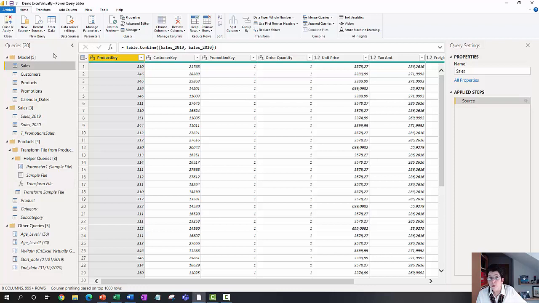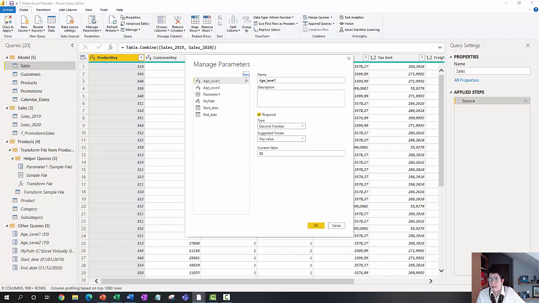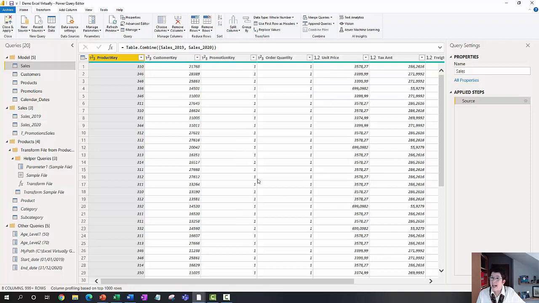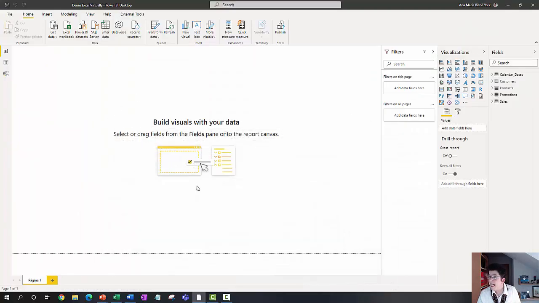Using Power Query Editor, we are able to see all the steps together, all the parameters that we defined using manage parameters, and then we save and load the data, and we are able to see the 5 tables here, and from the Power BI desktop